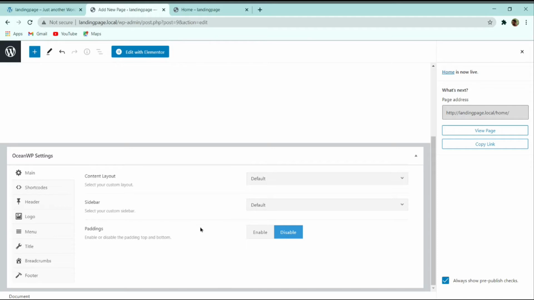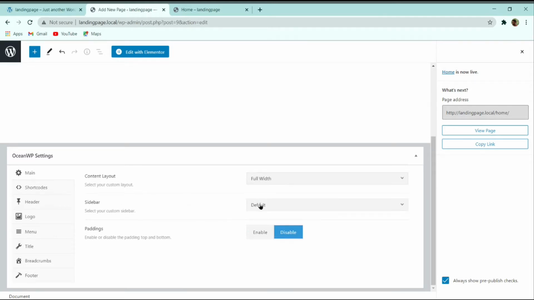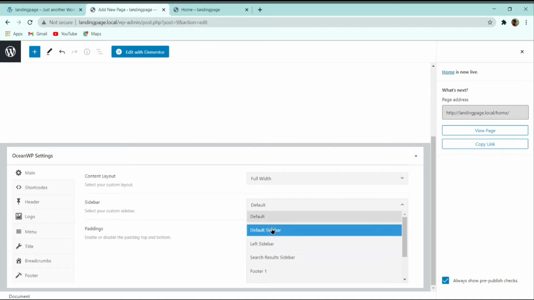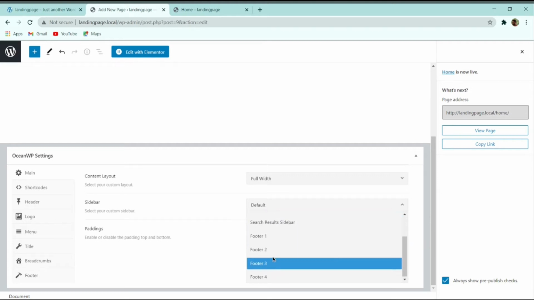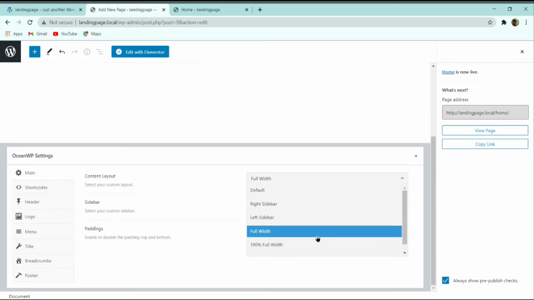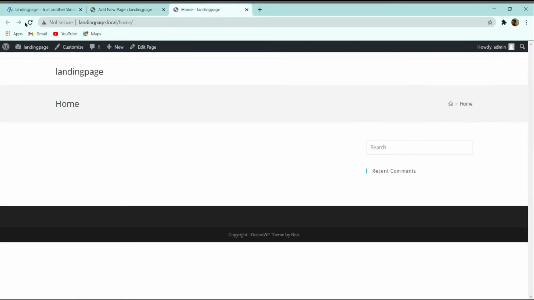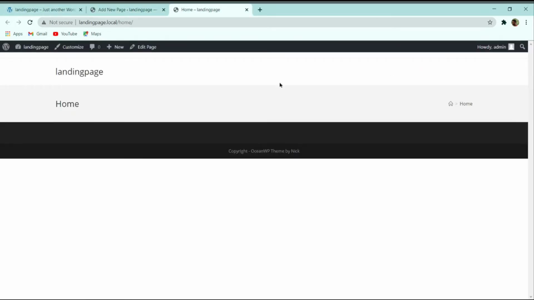You can disable this padding, and then content layout, you can make it full width, and then sidebar also, you can select this no sidebar. Or if you select the sidebar default and content layout to full width, then there will be no sidebar. So now let me show you, let me update this one, and whenever I refresh this home page, here you can see that the sidebar part is gone.